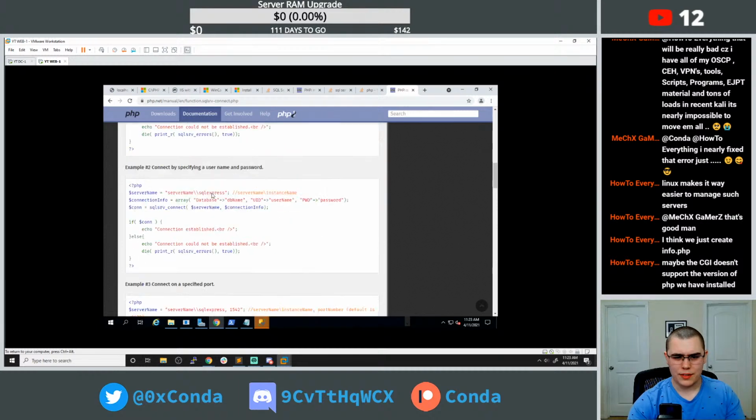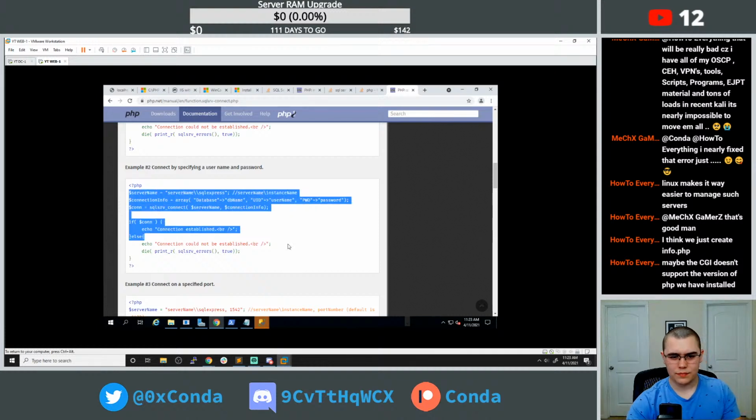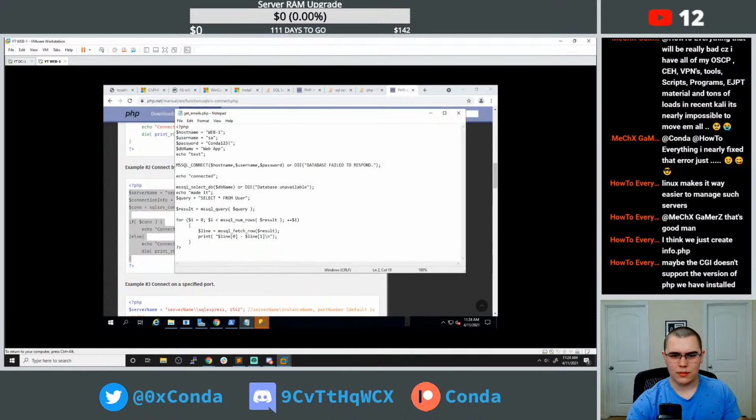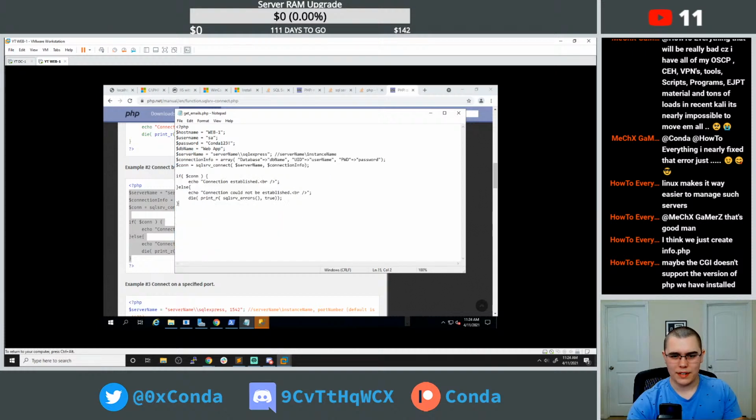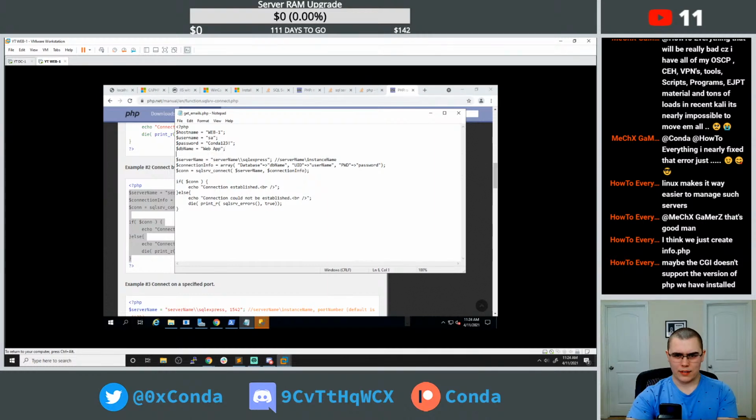Yeah, but where is the username and password? Okay, so let's try this. Okay. A little bit different. All right, so try to use this function instead. So, all right. We'll get rid of all of this. And